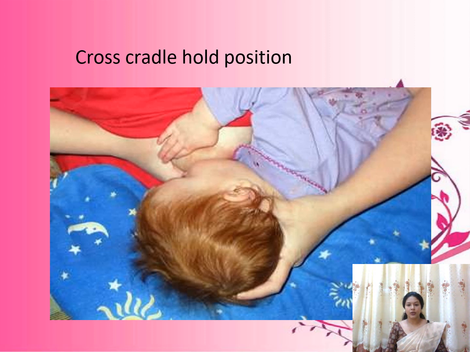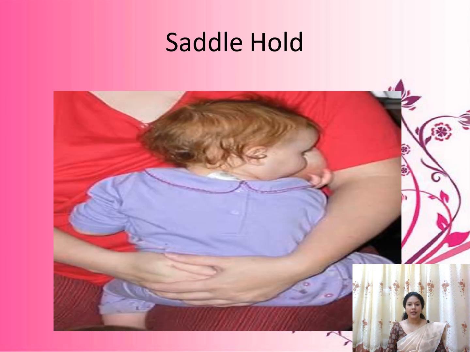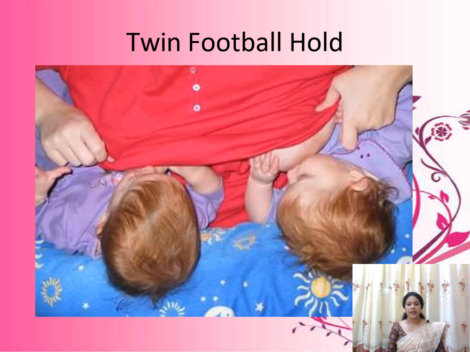This picture shows the cradle hold position. And otherwise, you can go for the saddle hold position. We can use it after 3 to 4 months. Initially, it will be difficult for you to maintain this position, so once the baby has grown up a little, you can use the saddle hold position. And in case of twin births, you can use the twin football hold method. You can feed both breasts at a time, and proper support should be given for the head by using pillows, as they have shown here. And always remember, whatever position you are using, the back of the mother should be erect and well supported.